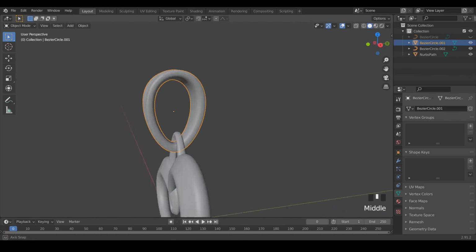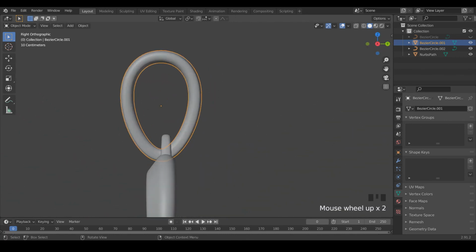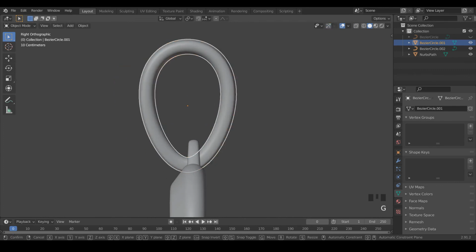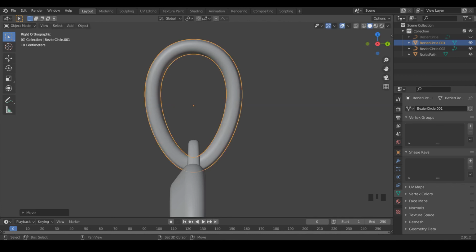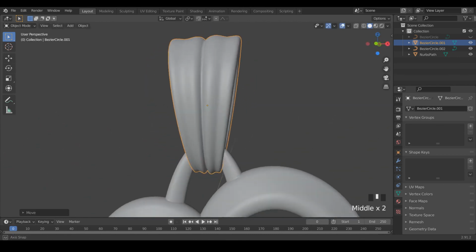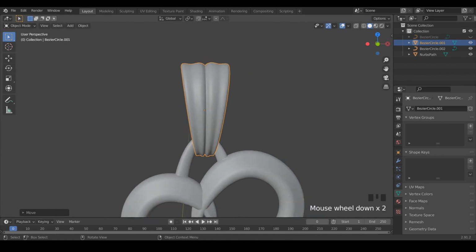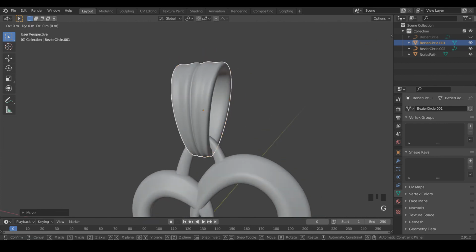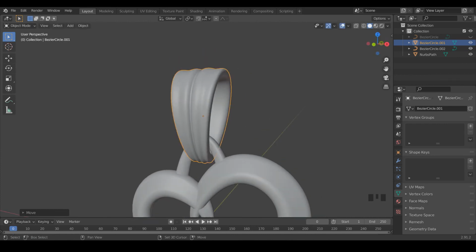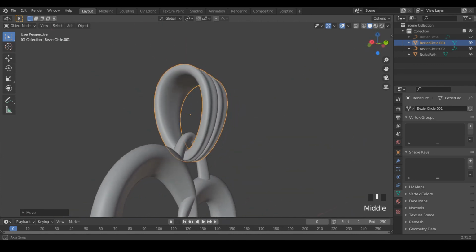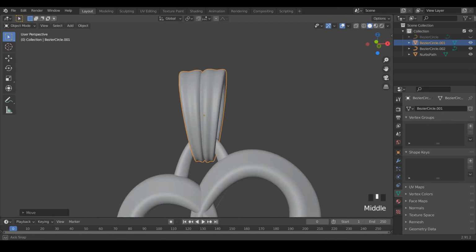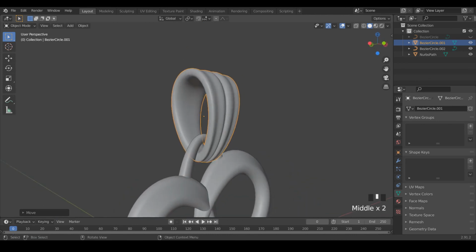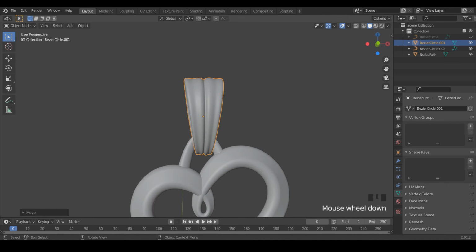And that's looking pretty good so far. I'm just going to go into side profile and then kind of line this up to get an idea of where I want it to be. I might even move this down a little. I think I might make it actually just a little bit thinner.